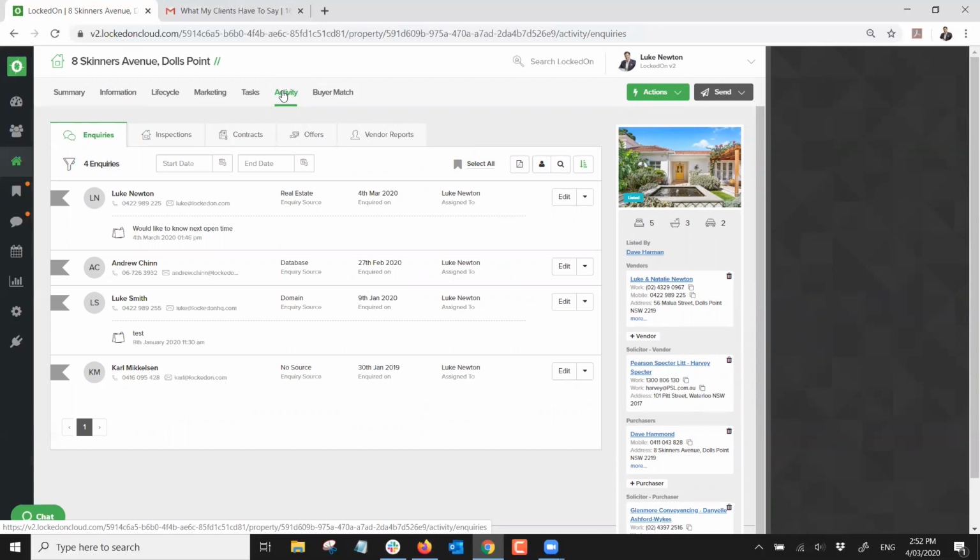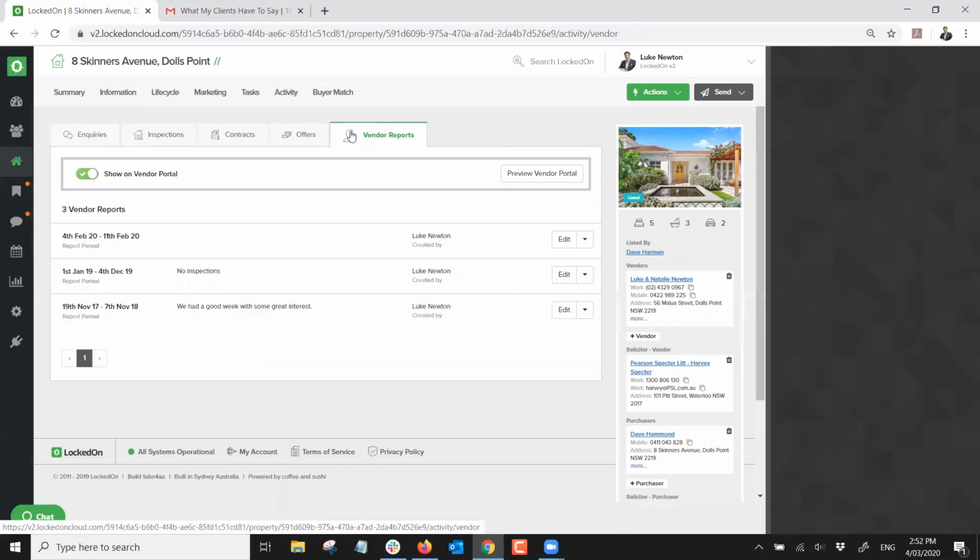You then need to be reporting to your vendor using our vendor reports. Now in the activity area, when you have a listing, you can go into the vendor report area. We have 3 different ways you can do vendor reports. 1 is by doing a PDF that you print, you go and sit with them. 2 is an email that gets emailed to them with the PDFs and attachment. And 3 is the vendor portal. We have videos on these in all of our YouTube channel that go into more details on how you work those particular ones. But if we're setting up a vendor report, I'm just going to